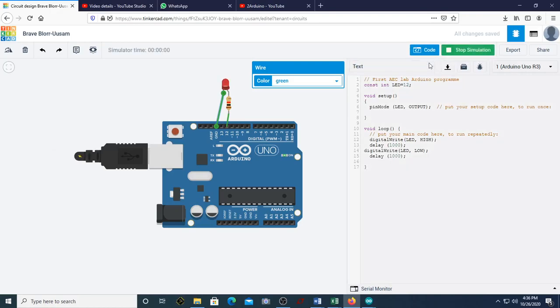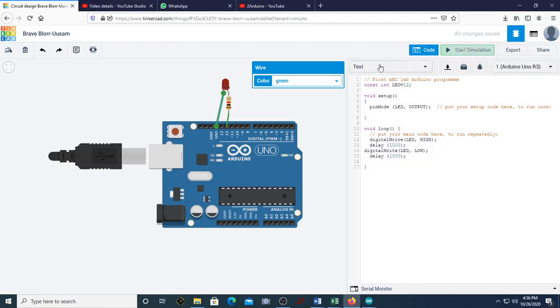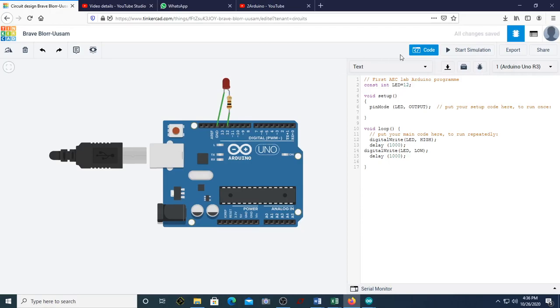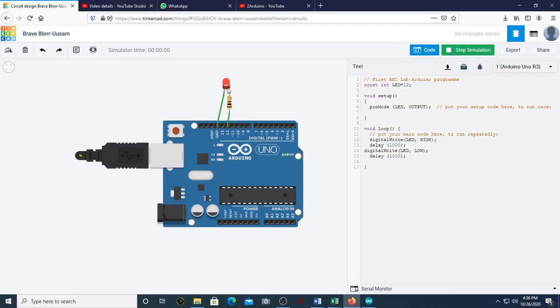You can see this is going to make your LED turn on and off every 1 second. If you want to see the brightness a bit more clearly, make this resistance 100 ohm. That is fine. Now let me run. Now we can see it is much brighter. This is a very simple code. So take an Arduino, place the resistor and the LED, copy paste the code and then start observing.